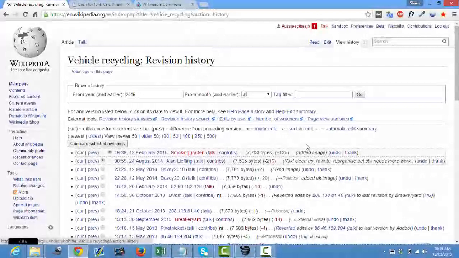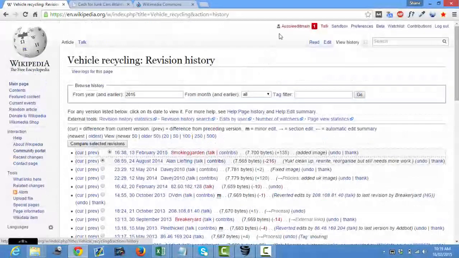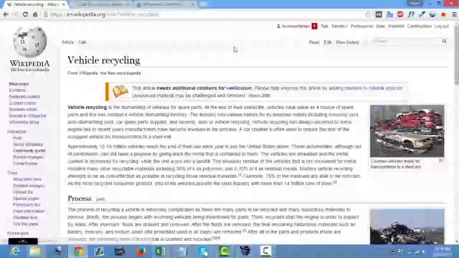So just to recap, you're looking for pages that don't have an extensive edit history, where there's some months between the edits, and you're also looking for pages that don't have one user in particular constantly editing or removing or revising the page. So now that we've covered what you're looking for in a page to drop a link on, I'll show you the types of edits you can do.